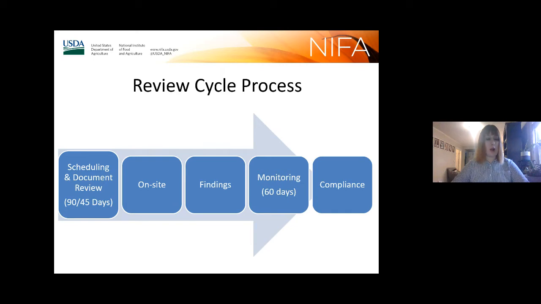The review cycle process, what makes up the review for a recipient, are basically these steps that we have here. It will begin before the official scheduling letter and document request is sent out. Scheduling letter and document requests are sent out. You will receive a contact from one of our staff here at NIFA, civil rights staff at NIFA, reaching out to you